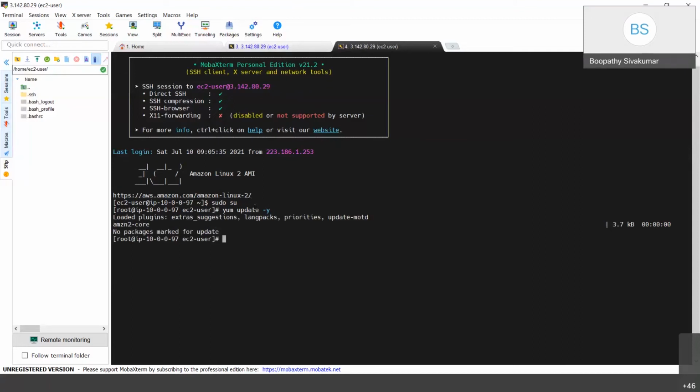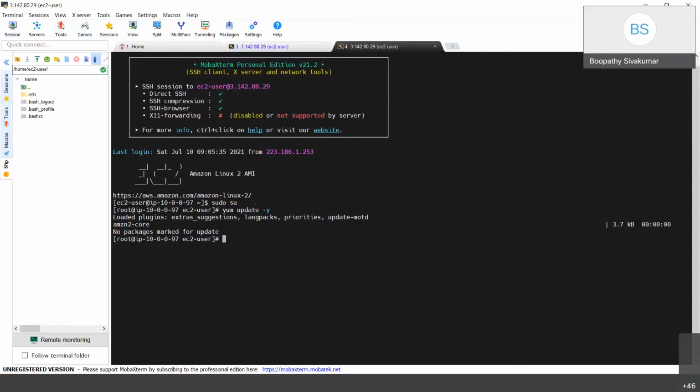What we are doing now is updating the packages which have not been upgraded recently. In our case, this EC2 instance has already been updated with all the necessary packages, so it is saying there is no package to update. We are good. Our system is up to date with the OS releases.